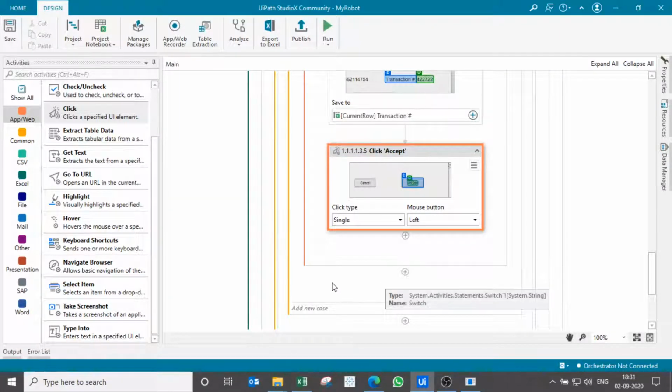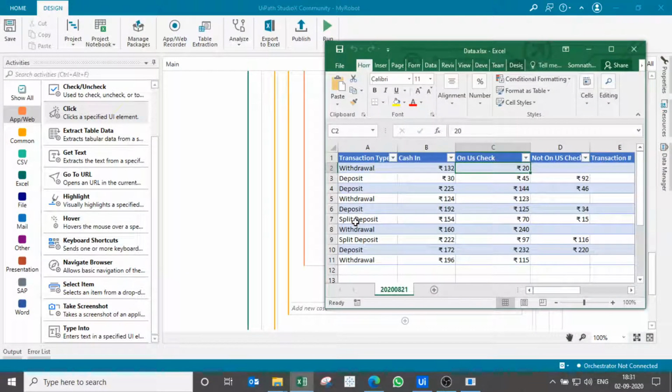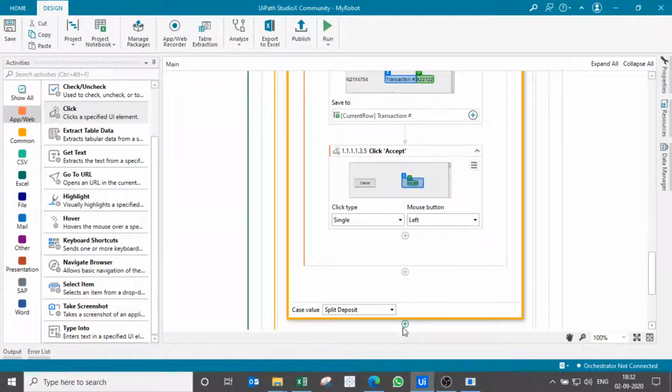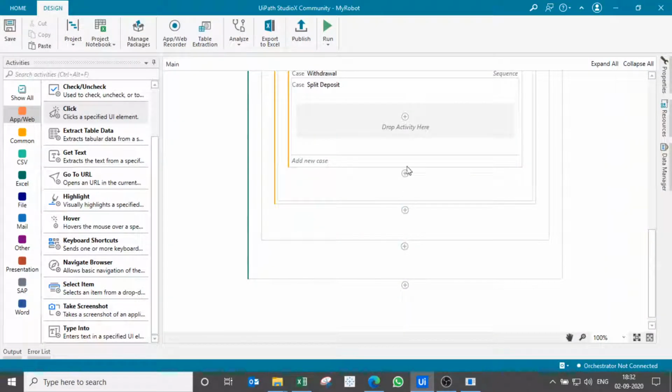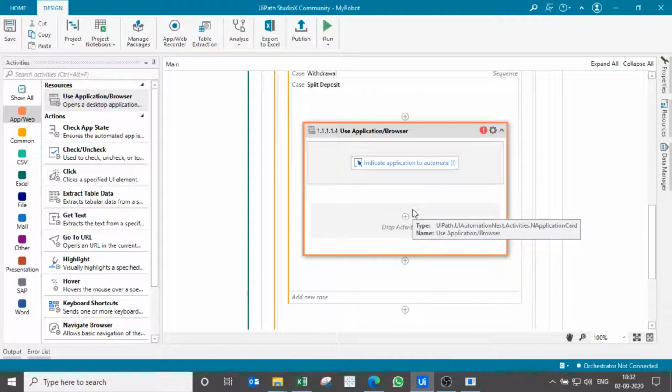We have added two cases. Now the third case is split deposit, and this one is the split deposit. So let me copy it for ease, and then let me add the case, and then let me add the action again. And as you could have understood, we have to use an application, use application action.